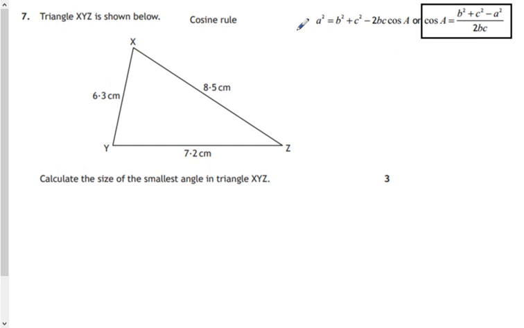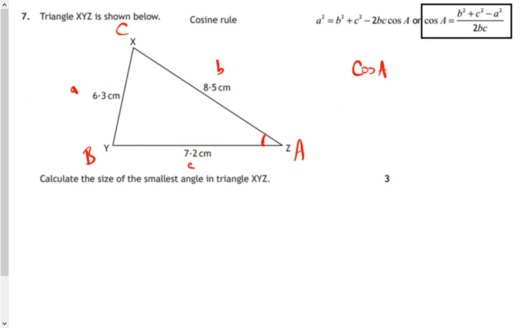Okay, so the smallest angle is going to be the angle opposite the smallest side. In the same way that on a right angle triangle, the 90 degrees is the biggest angle and the side opposite is the hypotenuse, the biggest side, we can say the reverse is true. So the smallest side, the 6.3, is going to be opposite the smallest angle, this one here. Okay, so if I relabel this just for convenience, so say A and little a, B and little b, and C and little c, just to relabel it in the same way that our formula is, then